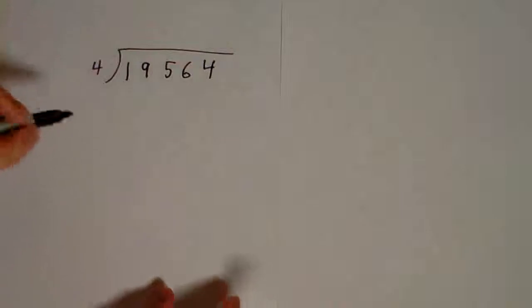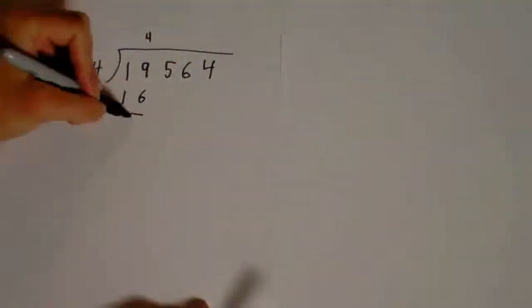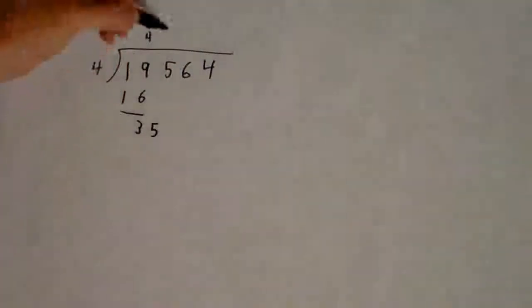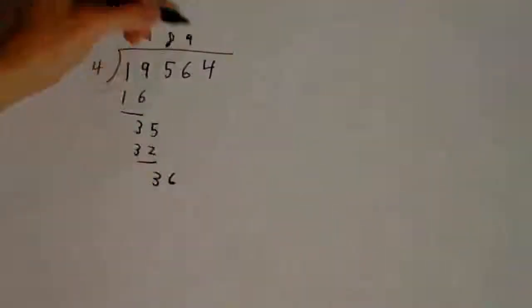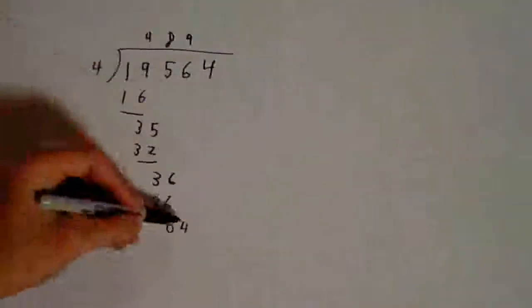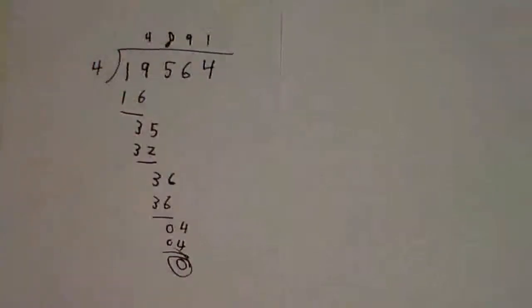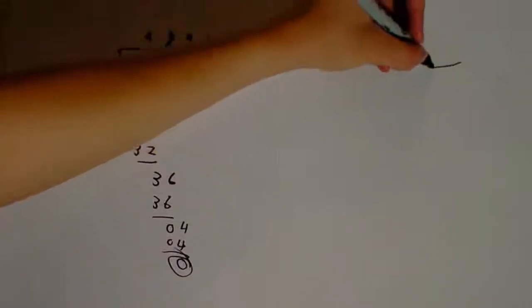Remember, in arithmetic, there's this thing called short division. Let's look at an example of that. We have the number 19,564 divided by 4. Now, the long way to do it is... so that's the long way, and then the short way. I'm going through this quickly since it's a review, hopefully. But the short way would be to say